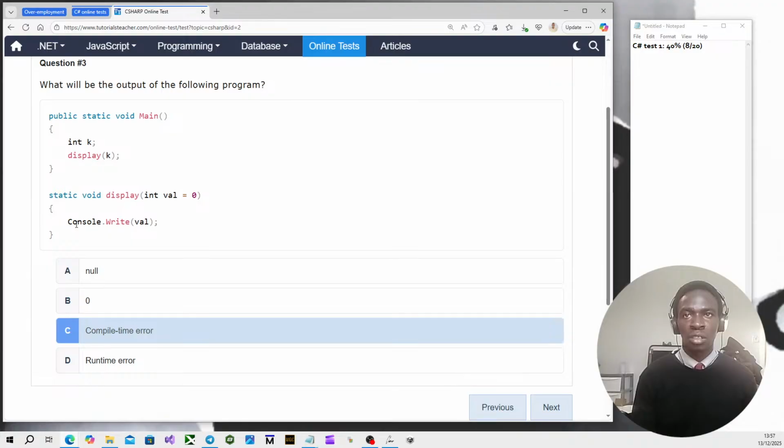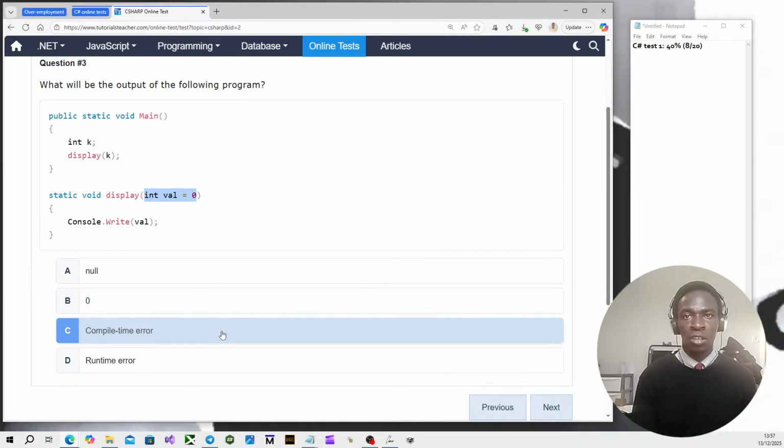I'll put it as that for now. Let's see, Console.WriteLine val, sign 0. So if I'm calling display value k, whatever k is, which is an int, it will be passed here. It doesn't even make sense to me. Maybe I'm missing something, guys.